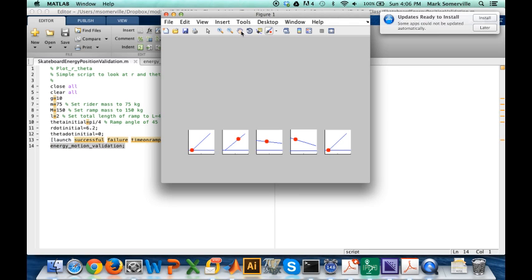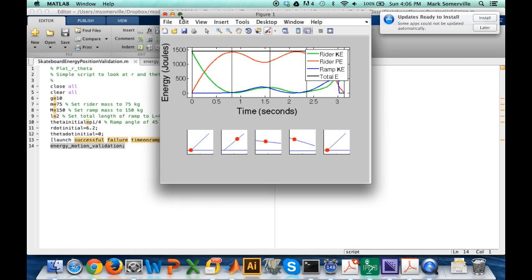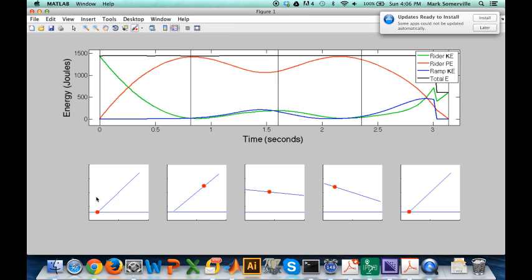So when I run this the second time, you can see that certainly the motion is exactly the same, because the problem with my validation was not that the motion was wrong. The problem with my validation was that my calculation of the energy was wrong. And now we can actually see a couple of things. One of the things we see is the green line is always positive. It does go to zero at the points when the rider stops moving entirely.